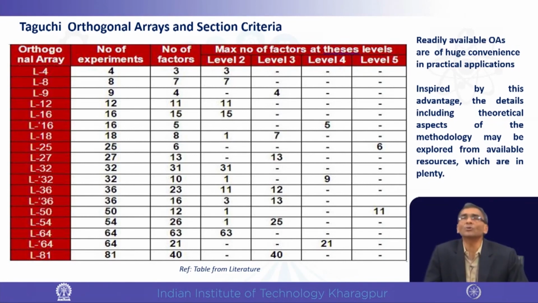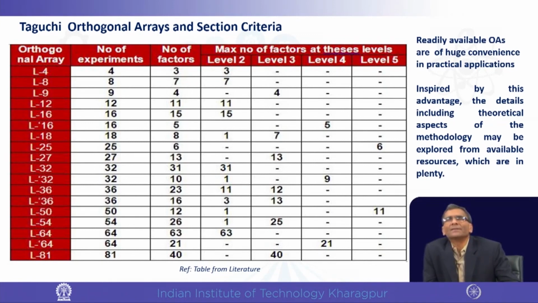You only have to know how many factors there are in your experiment and how many levels, whether only minimum and maximum, or minimum, maximum, medium, or whatever; it may be more. Whatever that level is, that can be obtained from this table. Say for example, look at the second one. It says that